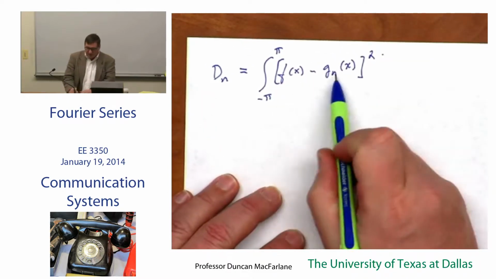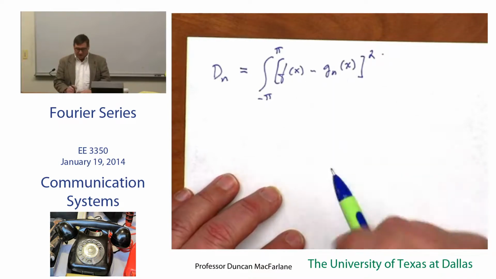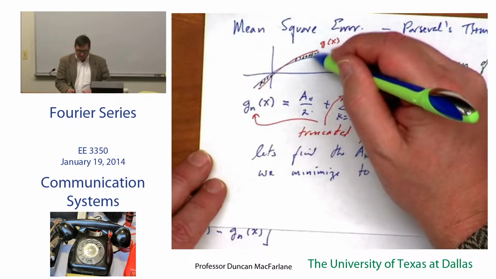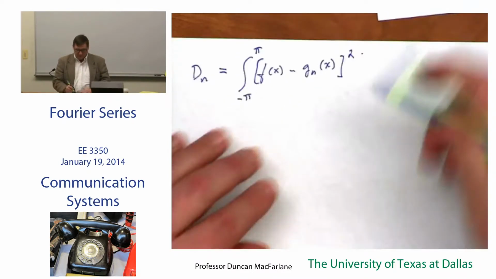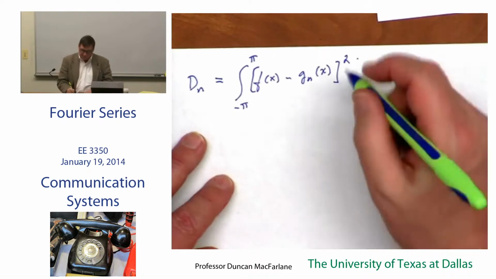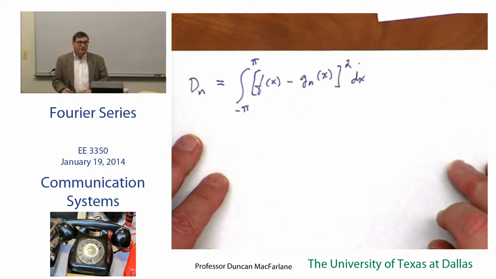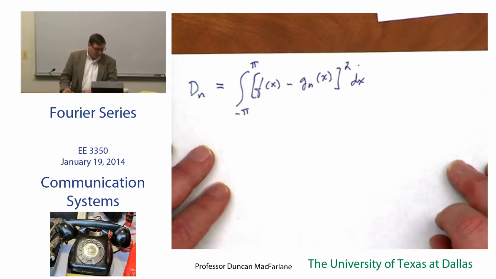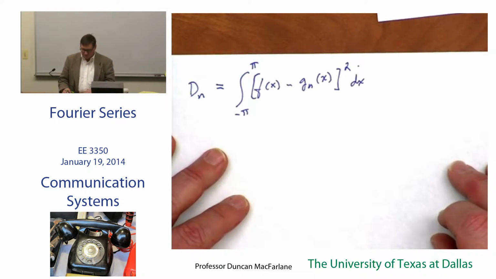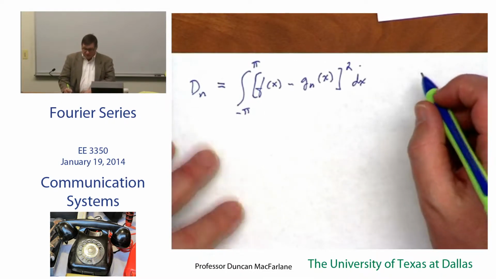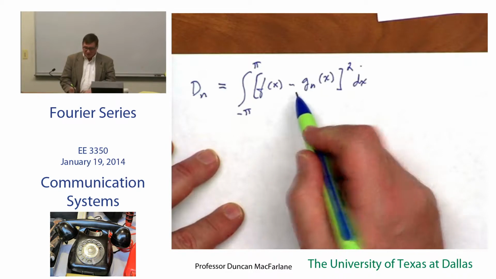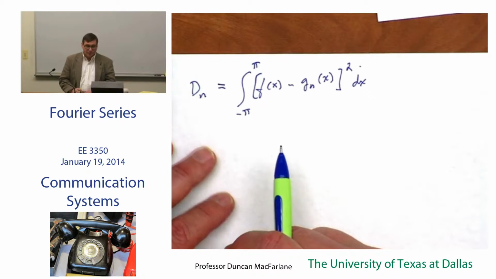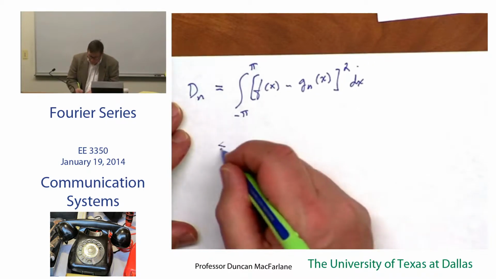So at any x, I look at the difference between f and g, and I square that difference, and then I integrate for all x that I'm interested in. So that's my total square deviation. Here's my error between the two functions, and here's the energy of the error in my functions. And so that's equal to